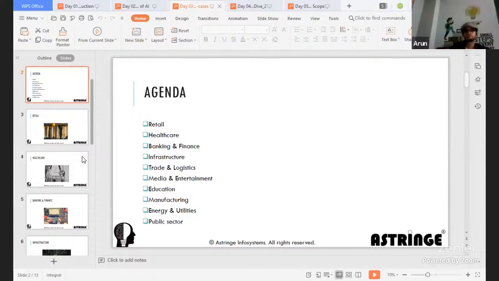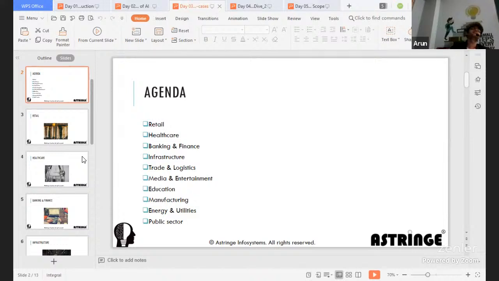So all those things, particularly AI, are going to be a huge factor in banking and finance going forward. Trade and logistics, as we discussed, particularly in the e-commerce segment, is profound as of today, and I'm pretty sure it will continue to be profound in future as well. And trade and logistics is not just about within the boundaries; it could be outside boundaries as well. Also, one important aspect which I missed is infrastructure, like cloud infrastructure: anticipating when the cloud will be down, or anticipating the humongous demand in the cloud, or anticipating infrastructure failure, or anticipating business continuity risk. All those things also could come in infrastructure.